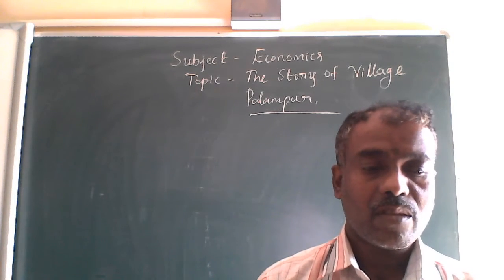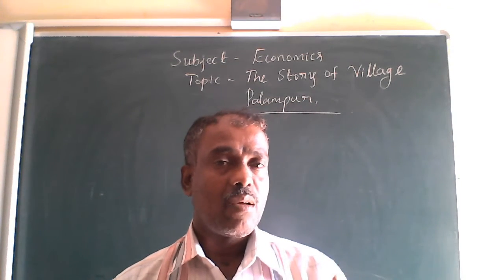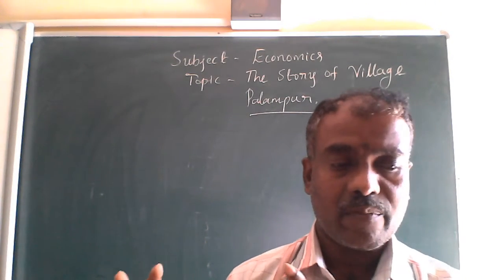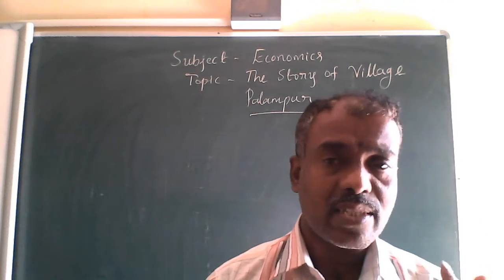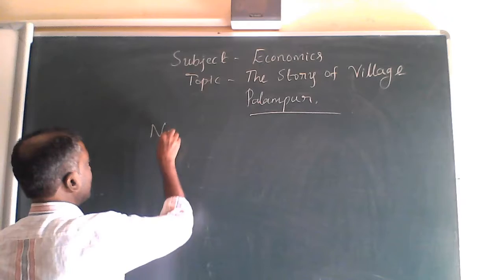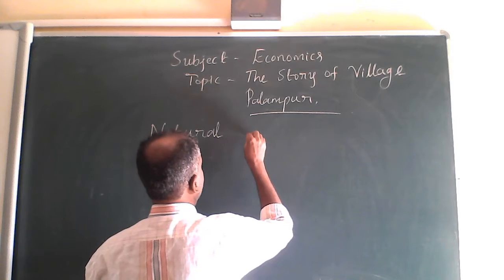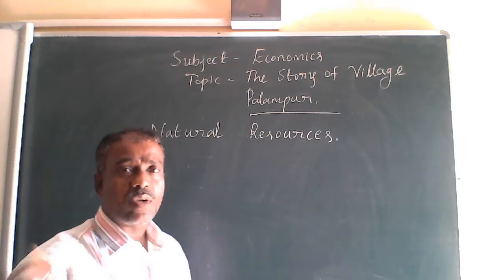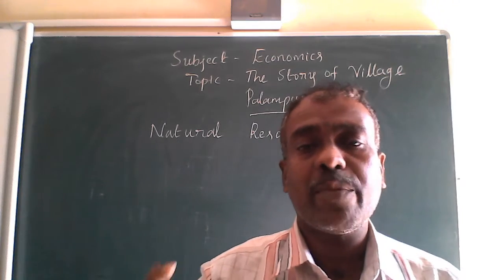For example, we require natural resources. On this earth, if human beings are going to conduct any kind of activity, especially production activities, they require these things. The first thing is natural resources. If there are no natural resources, we cannot do any kind of production activities. You can imagine whether it is possible to conduct any production activities without them.